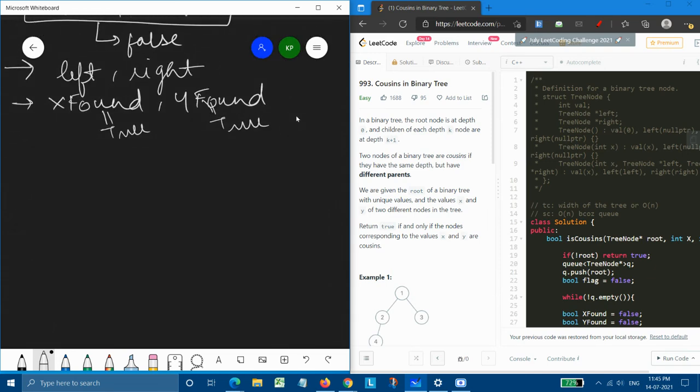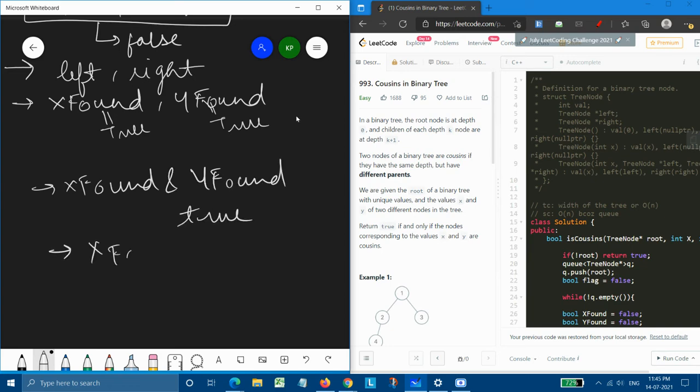And because of the intersection of these two conditions, we return the final answer at the end. That is, if x found and y found both are true, then we return true. If only x found or only y found is true, then we return false.